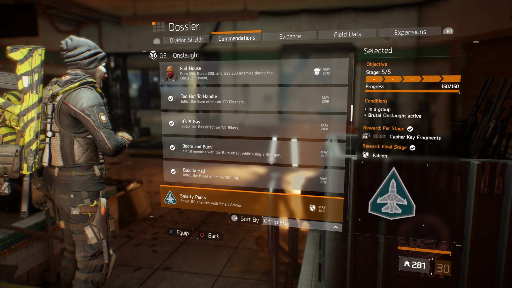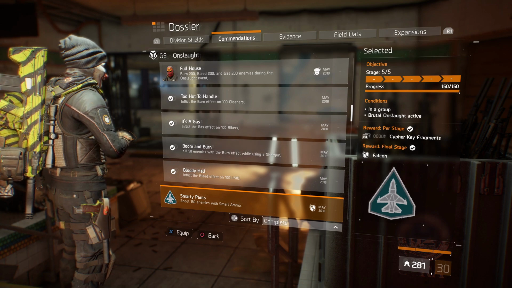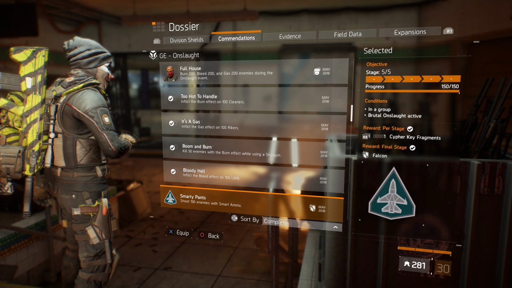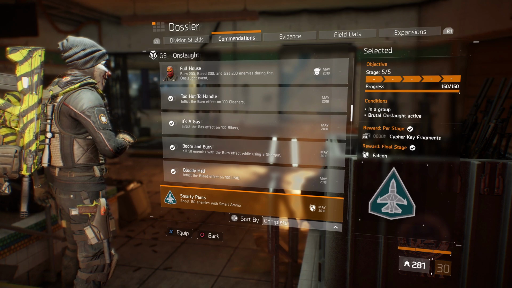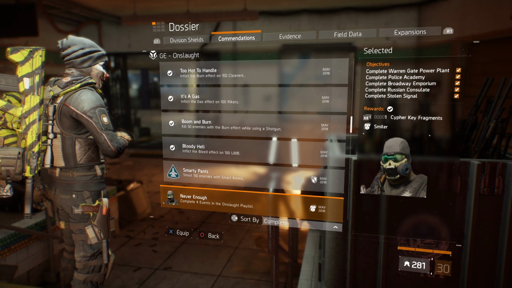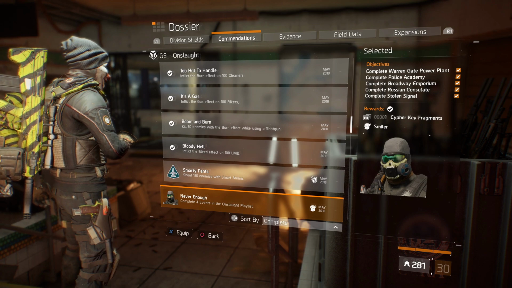Smarty Pants gives you a patch, you get the Falcon patch there, and you got to shoot 150 enemies with smart ammo. So again, very easy. Just look at the conditions on the right there. We're not really going over these, but this does need to be in a group, and it's got to be Brutal Onslaught again. Never Enough awards you the Smiler Mask, which is pretty decent, and for this you have to complete